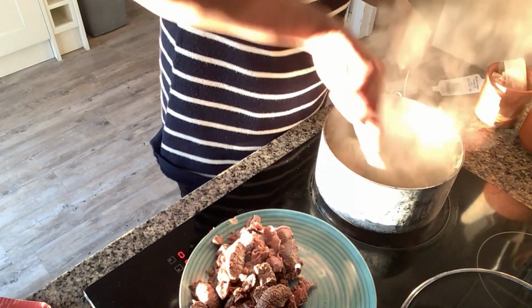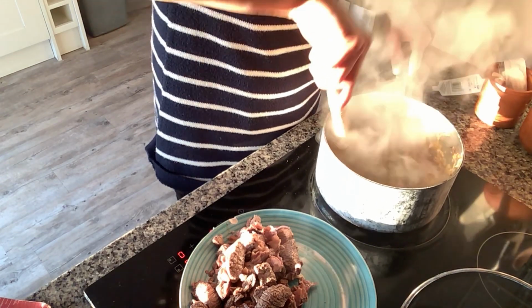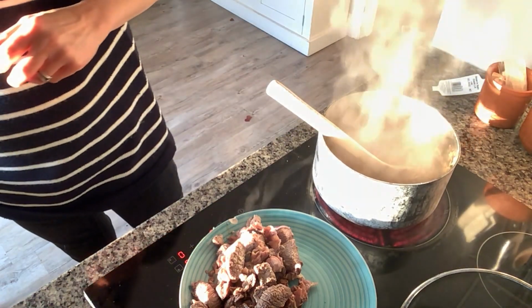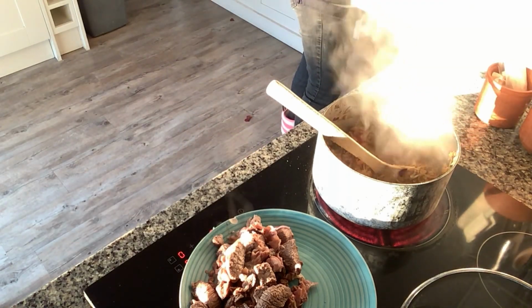And I'm going to fry those in. Oh, I can smell the herbs already. They hit the base of the pan and the smell just wafted up. Oh, that's delicious. And then I'm going to add in a quarter teaspoon of cloves